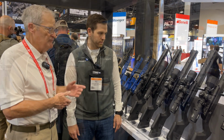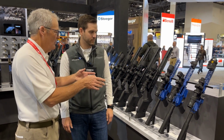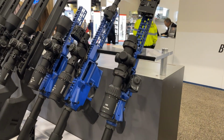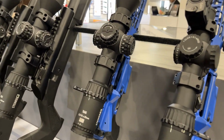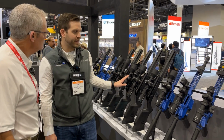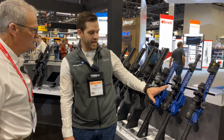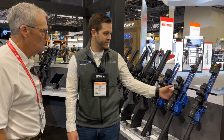So great stuff. Hey, as we continue in the new line with the T6s, we get down into the smaller, more AR platform, and different illumination in the reticles in these from the others as well. Yep. So in the high powers, we have green illumination across the board, which is different than the T5s. They all had red, but we did keep the red in the low power optic on that 1 to 6. So in the 1 to 6 on here,